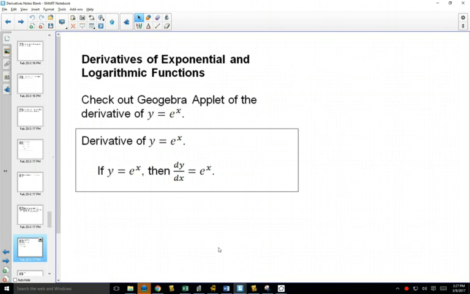Which is more confusing than you would like to think, because you're going to get into some complicated derivatives, and one of the parts of those complicated derivatives is to do nothing. Keep it the same. And that feels sometimes a little bit hard to do. But the derivative of e to the x is itself. So if we go to some examples,